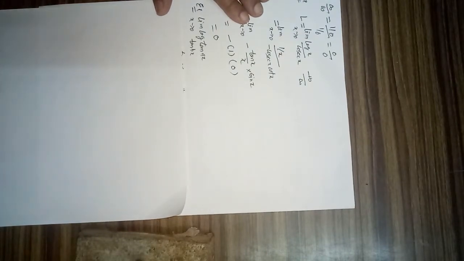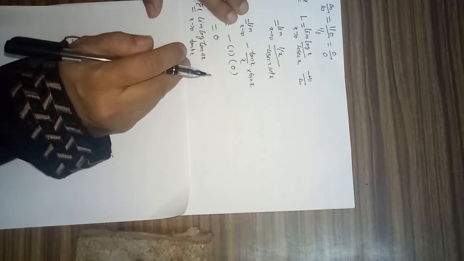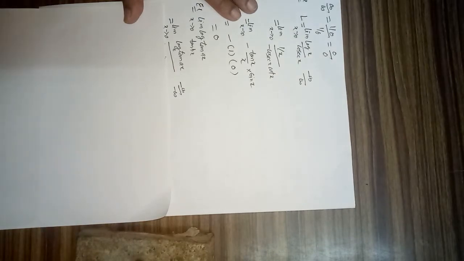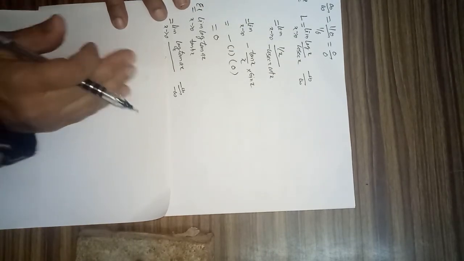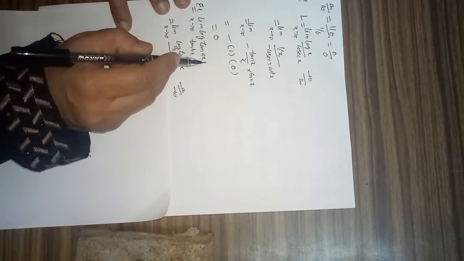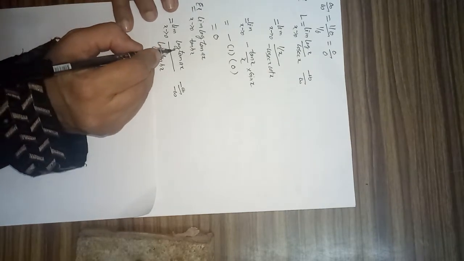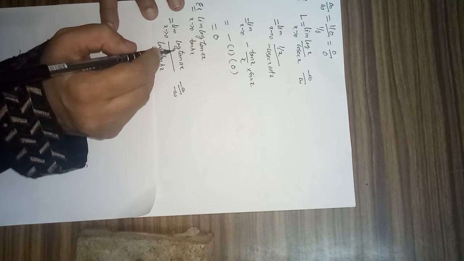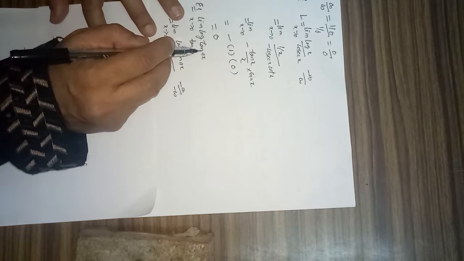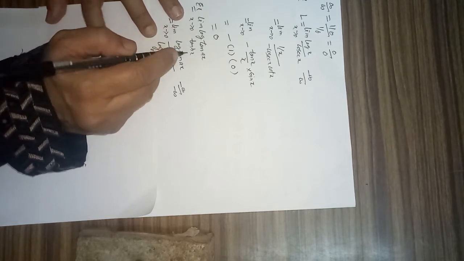Let us consider another problem, log of tan ax to the base tan bx. Now basically it is neither 0 by 0 nor infinity by infinity. But if we apply the change of base method, this becomes log of tan ax divided by log tan bx. We make common base e, because derivative can be applied only when the log has base e. So we change the base of log of tan ax to the base tan bx to the base e.